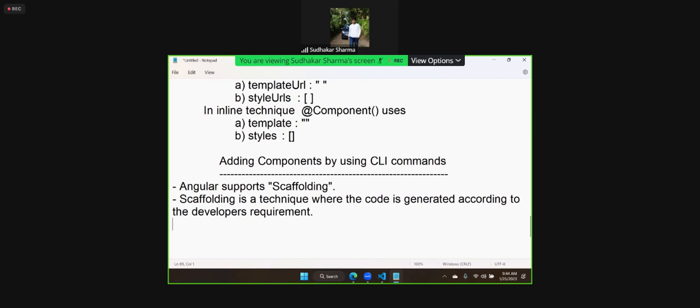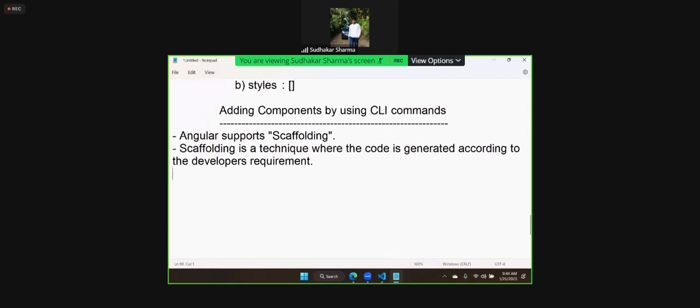So the scaffolding technique, actually it's a big concept. We have server side scaffolding, client side scaffolding. You are using Angular means it is which side? Client side. Angular is completely client side. So for that we have so many commands. I will show you how to add the components, and what you have to do is run the following commands